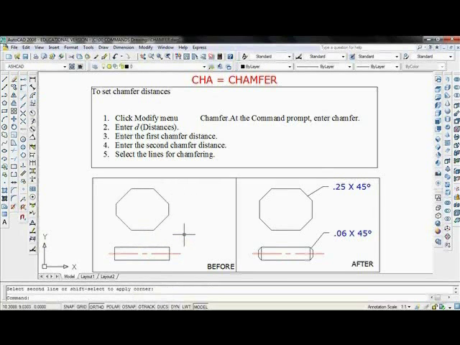As far as the shaft goes, I'm going to type CHA enter again, try it. CHA enter, D enter. This time the distance will be 0.06. Enter, and I'll enter it again because I want it at 45 degrees. So now I'll select the corner, repeat it down there, and again on this side,